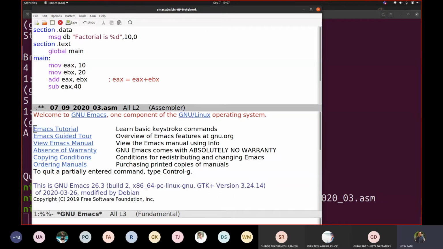We already saw what is 10 and what is 0: 10 is for slash n and 0 is for slash 0. Fine. And we will try to compute the factorial of 5. We will take the value into EBX. Now, how will you write the code? Your statement is: fact is equal to fact multiplied by n minus 1.